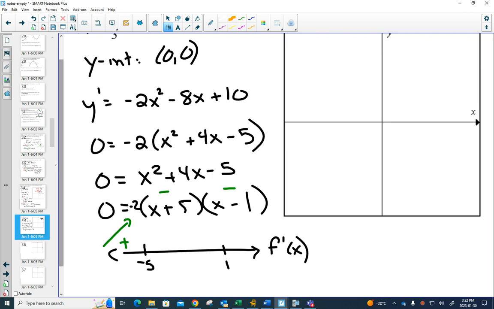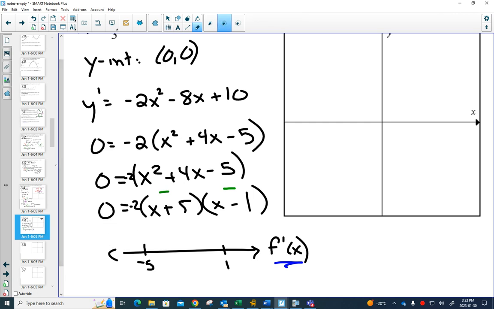For figuring out this, this is my factored form when I made it equal to 0. Okay, I'm going to keep the negative 2 here, because when I'm plugging things in, I need to plug into the original equation. By setting it equal to 0 and dividing out that negative 2, I changed my equation from the original one by dividing by that negative 2. So in reality,